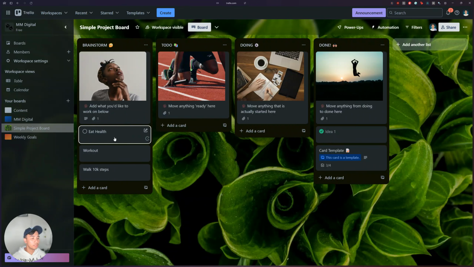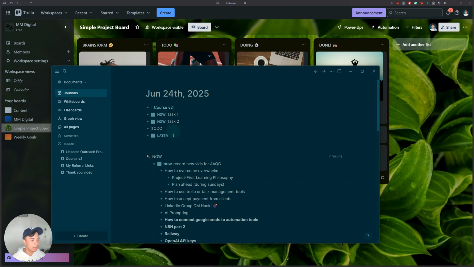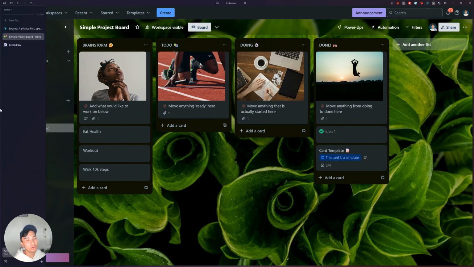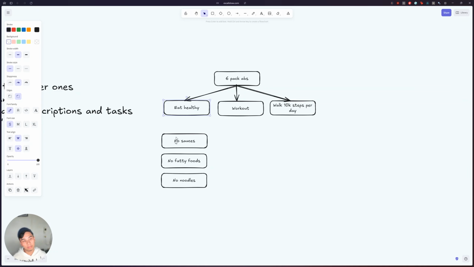You now have your big goals here. Then what you can do is put a checklist here or use Logseq or Notepad or whatever you're using. Put the individual small tasks here that you're going to do every single day in order to fulfill these big goals, right? You got your big goal, mid goals, and small goals. The mid goals are what you accomplish every week, every month, and the small goals are the ones that you accomplish every single day. That's how you're able to overcome overwhelm.